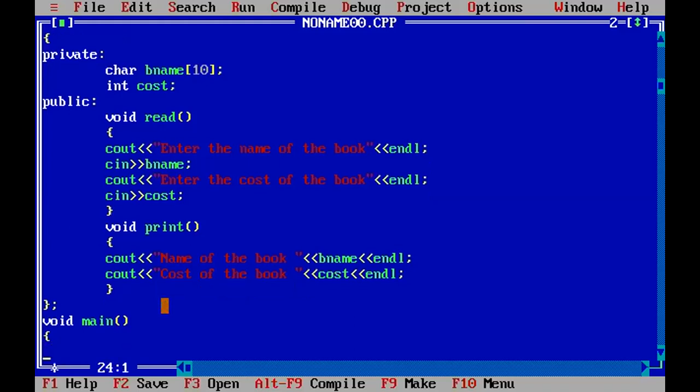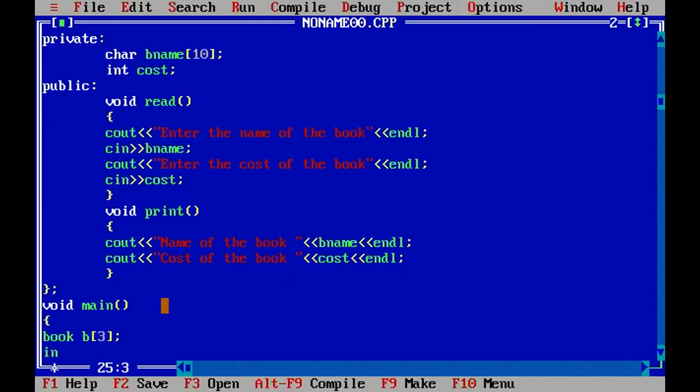I have to read the information of 3 different books. So let me take the help of your class called book, which is a type. I'm going to declare an object and make this an array which can store the information of 3 different books.